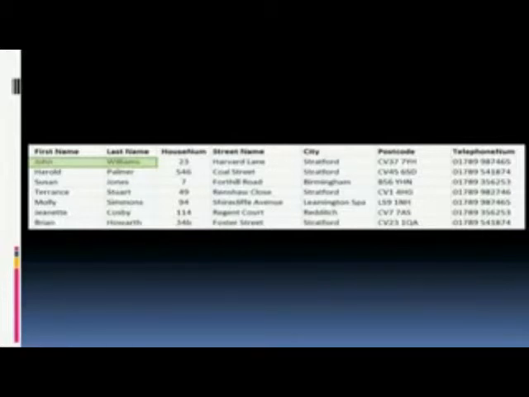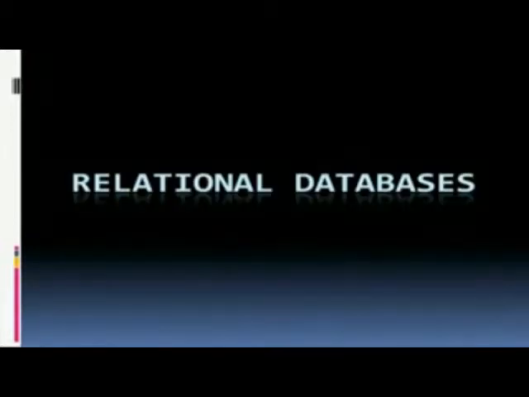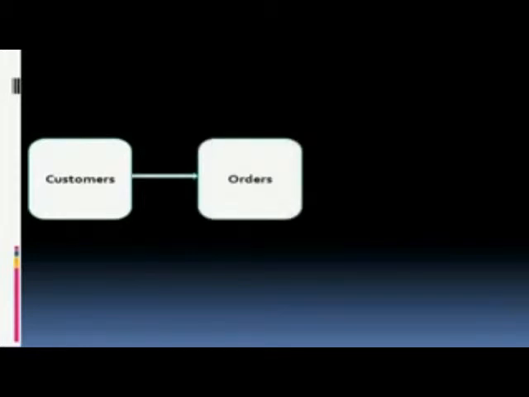This causes huge problems when amending data. For example, if John Williams here decided to move away from Harvard Lane in Stratford and to a different part of Stratford, then you would have to go through every single reference to that street name under his name and change it. A relational database is a database model in which information is stored in separate tables, like this,